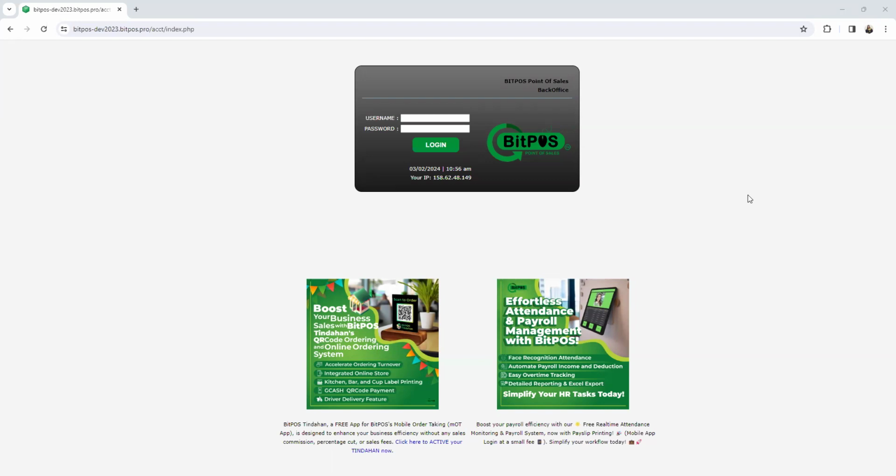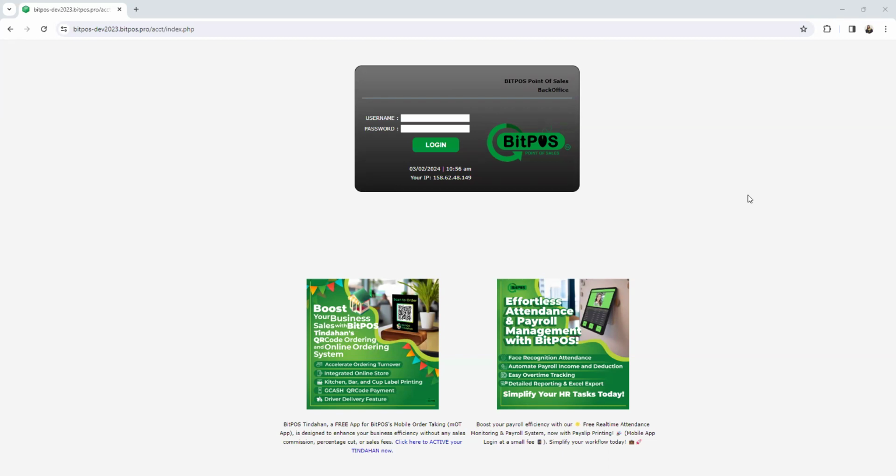Before we begin discussing how to create reorder levels, let's talk about the purpose of this. The purpose of this is to tell us when it's time to order more items to keep our inventory stocked and running smoothly. So first, accessing the back office.